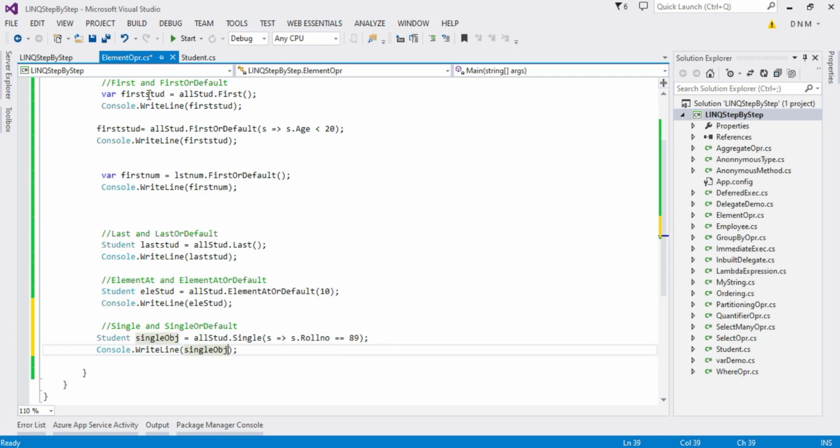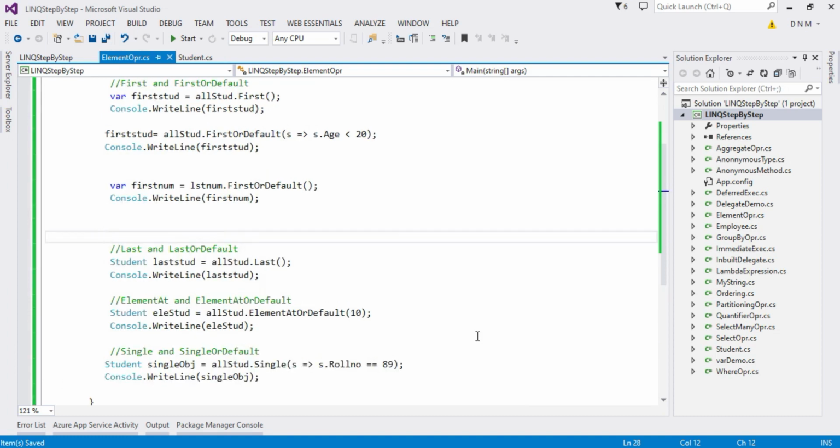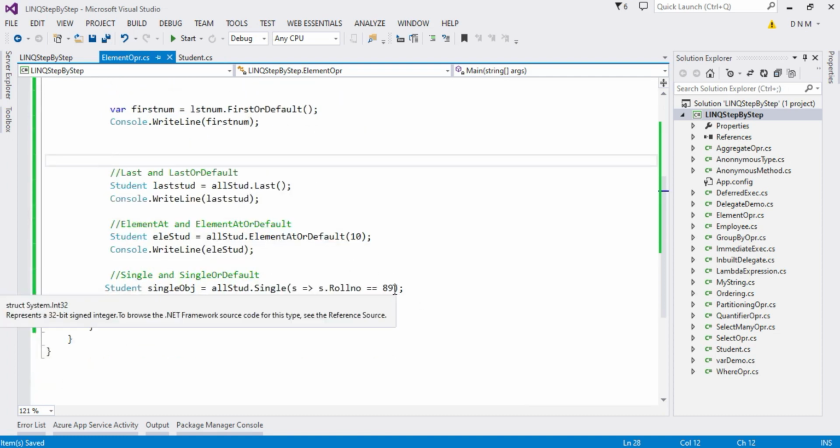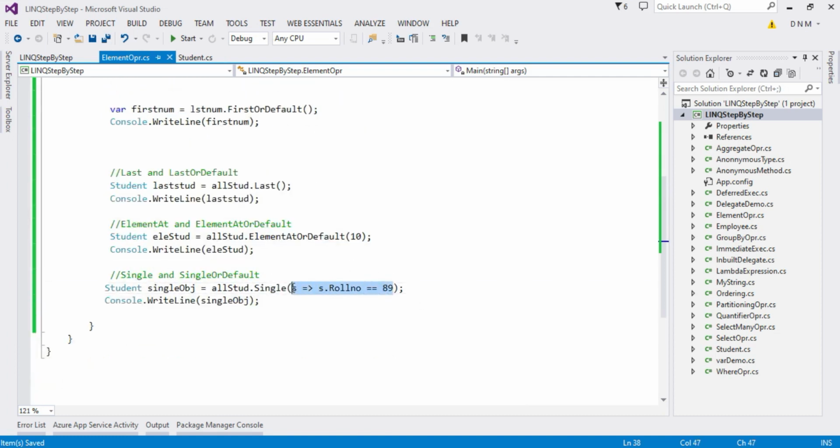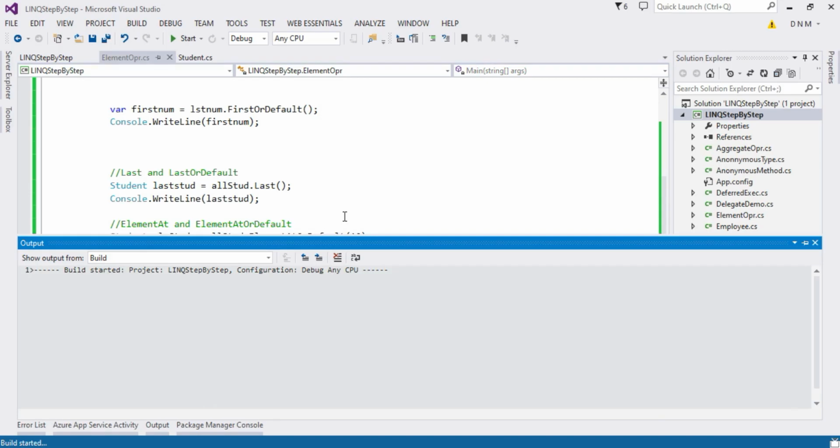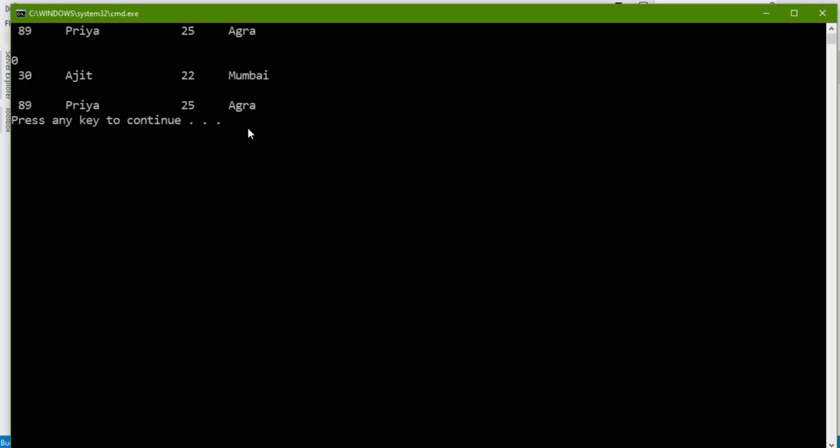Okay. So let us observe the output. What condition have I specified? Fetch the student whose roll number is 89. Yeah, we have one student whose roll number is 89. That's why it gets displayed.